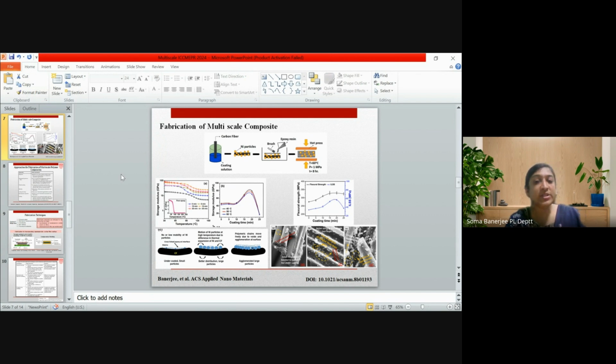The AFM images have shown how the particles of nickel have been deposited over the surface of the fibers, and we can see that up to a certain coating time we can have very good properties, like in the range of 15 to 20 minutes of coating time. After that the properties went down, maybe due to the agglomeration of the particles, which does not add any improvement in the properties. So with this